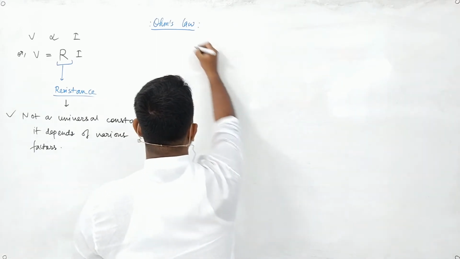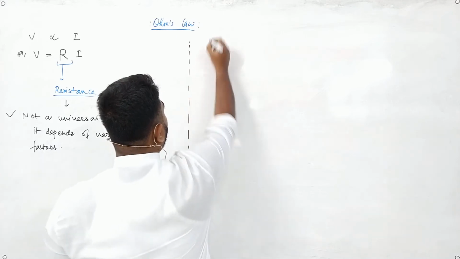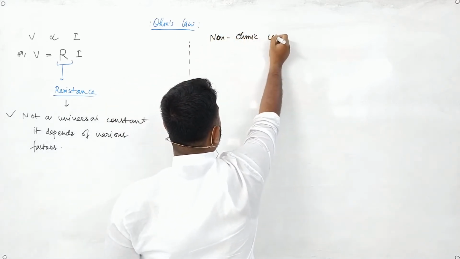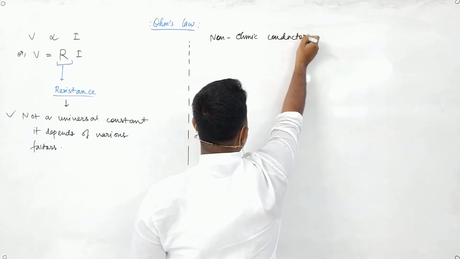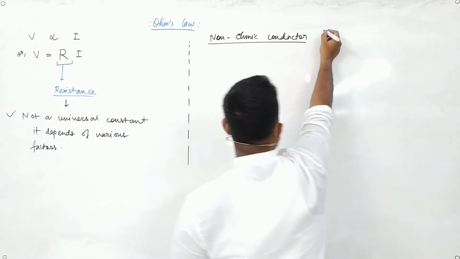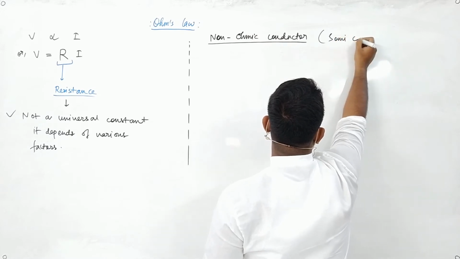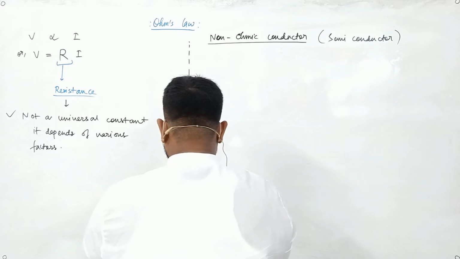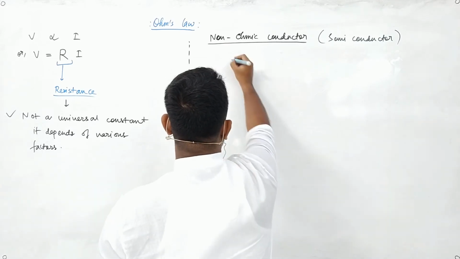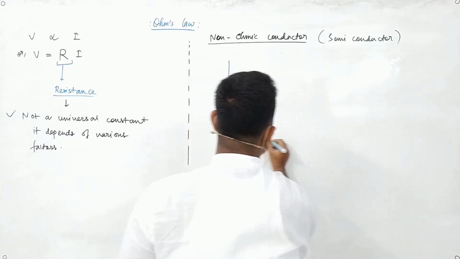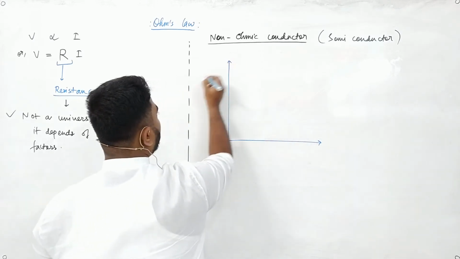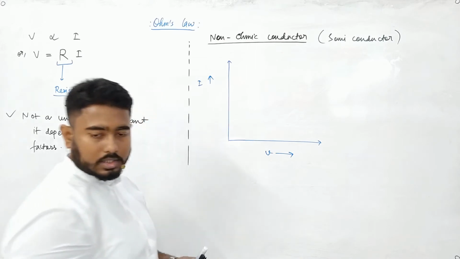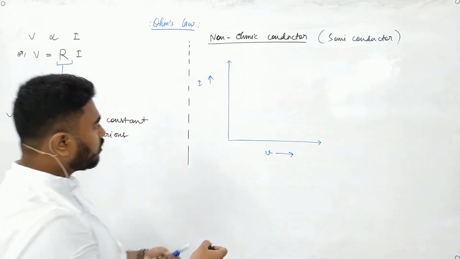So what happens if we have a non-ohmic conductor like a semiconductor? In semiconductor we see a graph like this. Suppose we are plotting I along y-axis, V along x-axis. The graph will be,